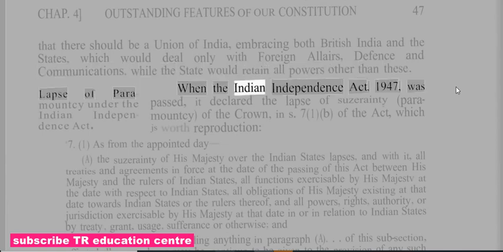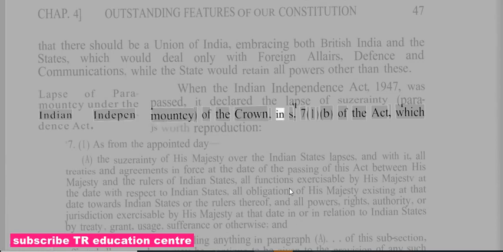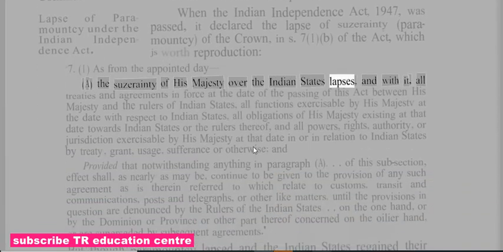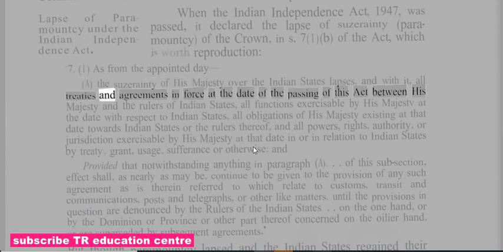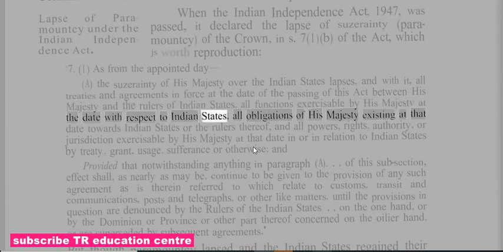Lapse of paramountcy. When the Indian Independence Act, 1947, was passed, it declared the lapse of suzerainty of the Crown, in Section 7(1)(b) of the Act, which reads: as from the appointed date, the suzerainty of His Majesty over the Indian states lapses, and with it, all treaties and agreements in force at the date of the passing of this Act between His Majesty and the rulers of Indian states, all functions exercisable by His Majesty at that date with respect to Indian states,